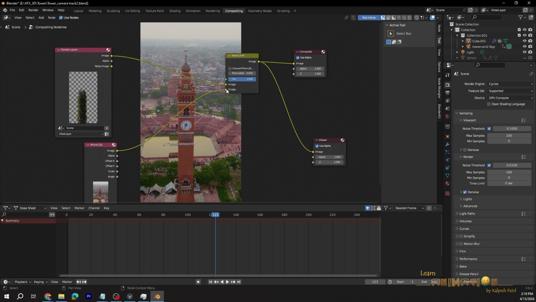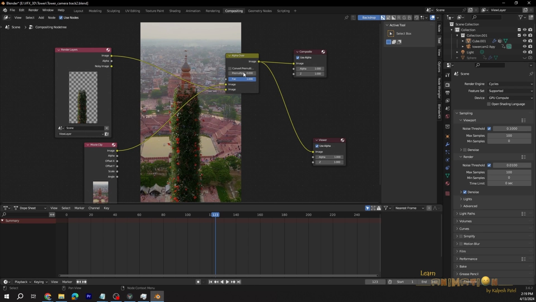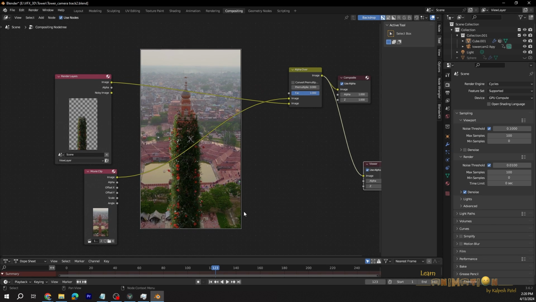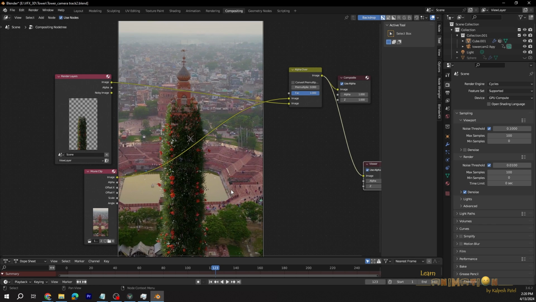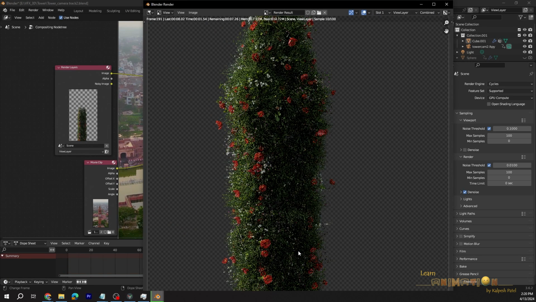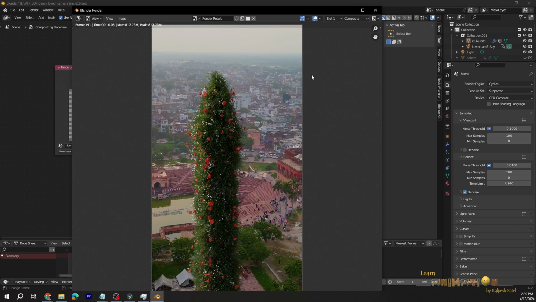If it is not visible, just switch this one down and up. Now you can see our wonderful image is visible. Now you can go to any frame and render it, so it will appear with the background. So what it does is it renders the image, then it comps, and it appears in the viewport. Now you can render the whole sequence, or you can render a MOV file or MP4 file.